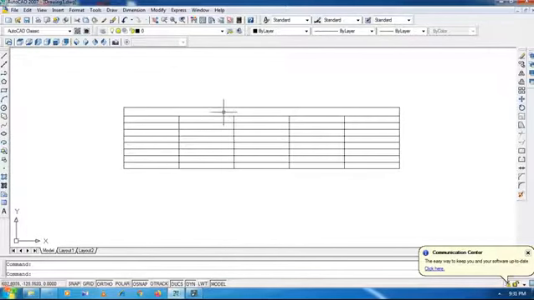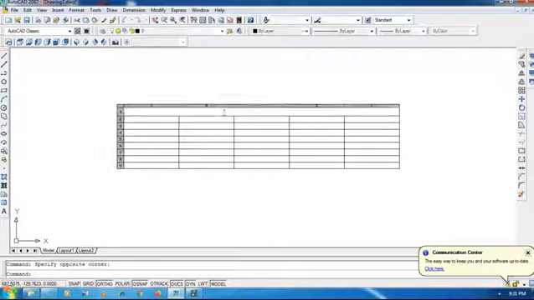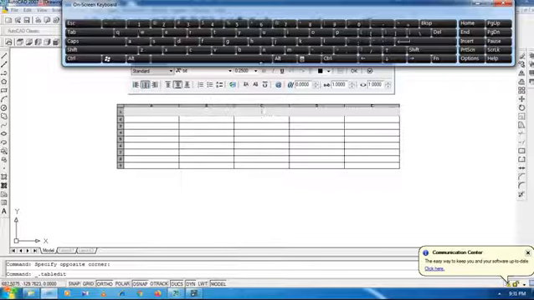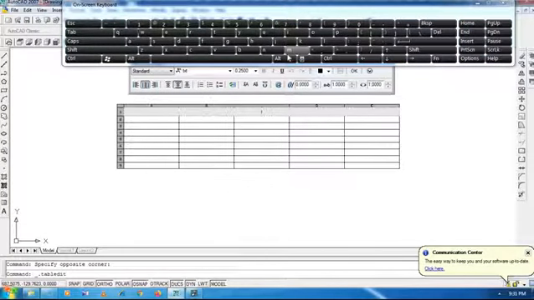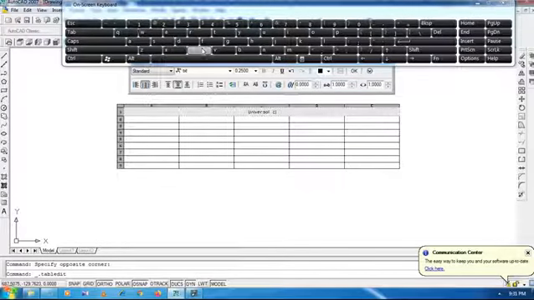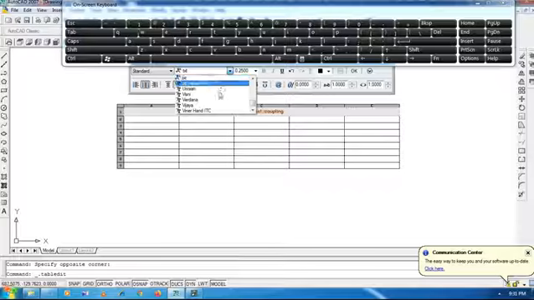Suppose you want to enter data here, you can click on this and then type. If you want to write universal coupling, I will directly enter universal coupling. Okay. If you want to change the font, go here. I am going to select Times New Roman.